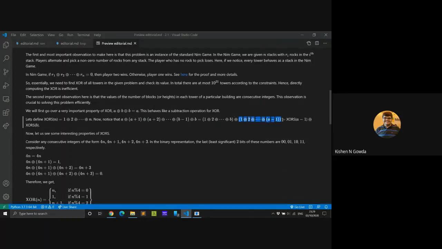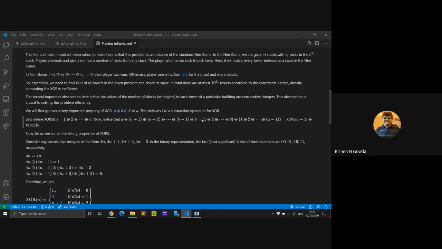So what you get is the XOR of all the integers from 1 to b, and then you XOR it again with the XOR of all integers from 1 to a. As you saw in this property, the first a values will become 0, and it will finally give us basically this value that we want to calculate. For this, we take the XOR values of 1 to b. That is, we are just adding and subtracting something, and subtracting is nothing but doing XOR again. I hope this property is clear.